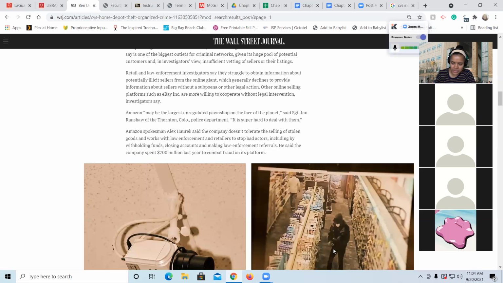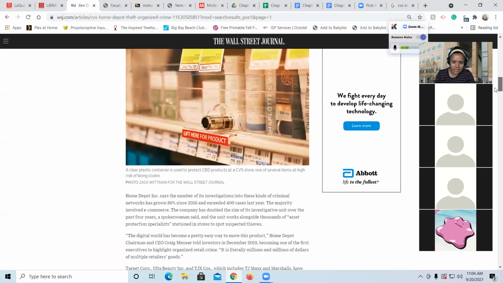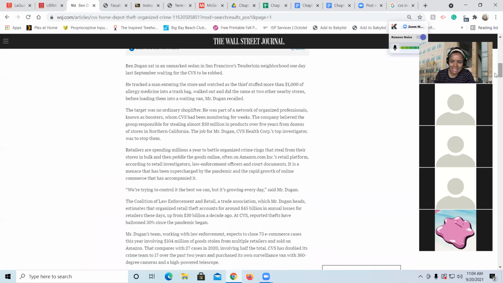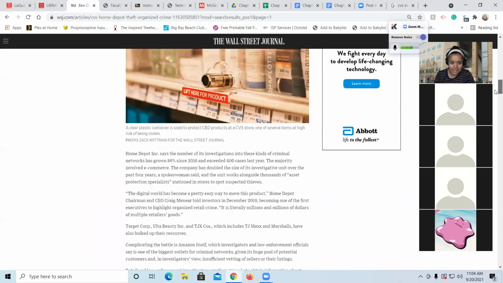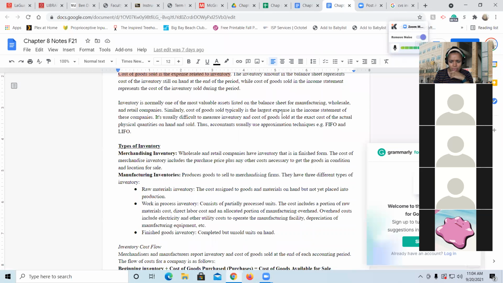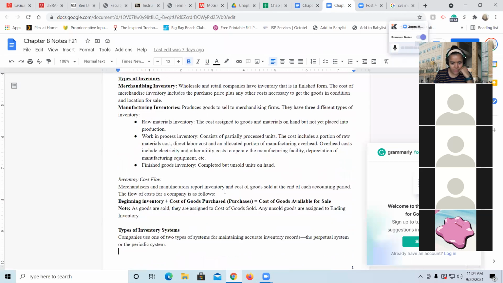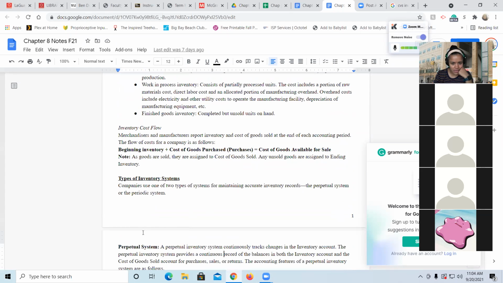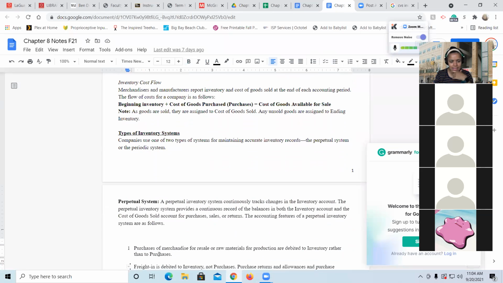And this is what this gentleman, Ben Duggan, is talking about, that they're losing up to $45 billion in inventory every year, which is out of control, right? That's a massive loss. So they probably have to beef up their security. So when you go back here in the notes, we talk about the types of inventory systems. I'll just go through the theoretical side of things, but it's basically most of what I just said to you,